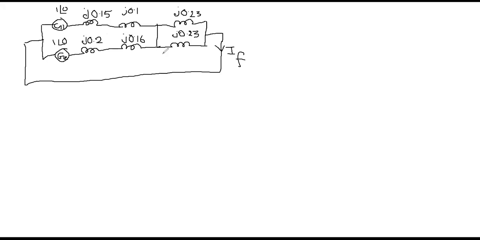So this is step number 1. Now finally we need to determine IF. In between this you will have different reactances, and we are going to determine the single reactance which is connected in series with the generator. Obviously then you will get the fault current. So in the next step we are going to reduce.